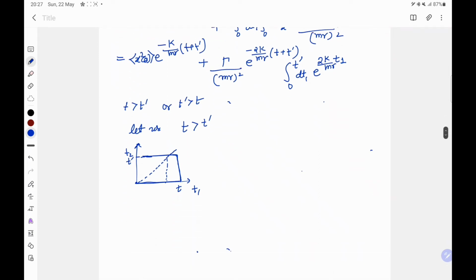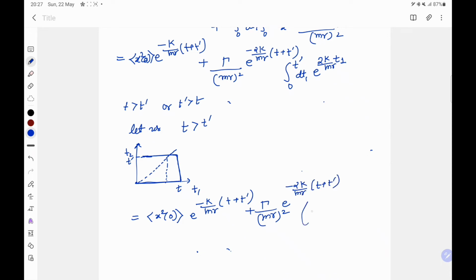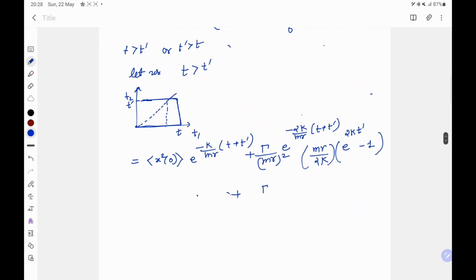Now if you solve it, you will have x0 square e to the power minus kappa over m gamma (t plus t prime), and again plus gamma over m gamma square e to the power minus 2 kappa over m gamma (t plus t prime), and m gamma over 2 kappa, 1 will be out, e to the power 2k t prime minus 1. Okay, if you solve it again, you will have gamma over 2 m gamma k